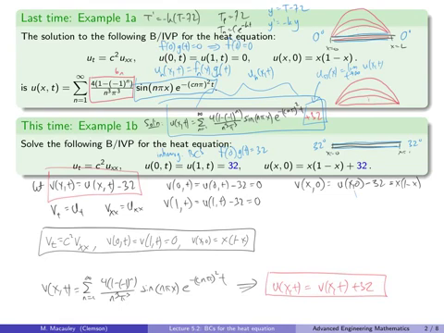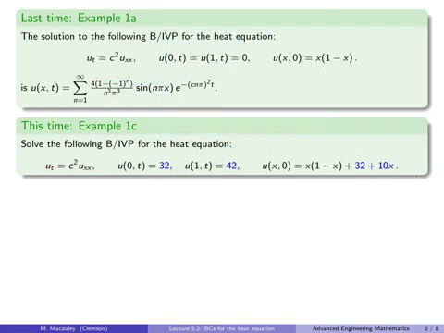So the moral is, solve the homogeneous equation first, find the steady state solution, which you can do by inspection, and add them together, and that's your final solution. Now, I'm going to slightly tweak the previous example, and I'm going to call it 1c. The only difference is that I'm going to set the right endpoint to be 42, and I'm going to adjust